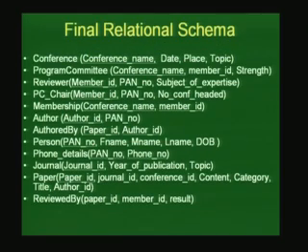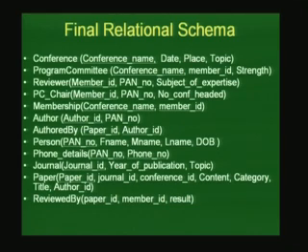Right. So that brings us to the relational schema itself. So the final relational schema. How does the relational schema look? There are so many tables that we have already found. There is the conference table which we created to begin with, where conference name is the primary key, and then there is the date of the conference, place, topic, and so on and so forth. And then there is the program committee table, which represents the weak entity type called program committee. Therefore, it takes the primary key of the conference table, namely conference name, as its own primary key,